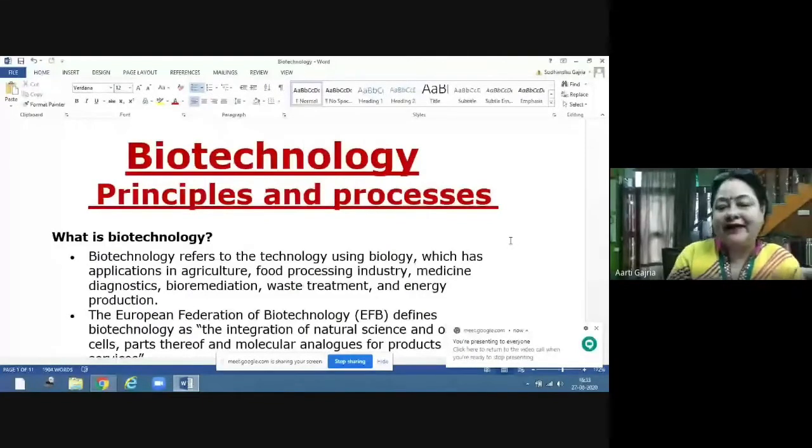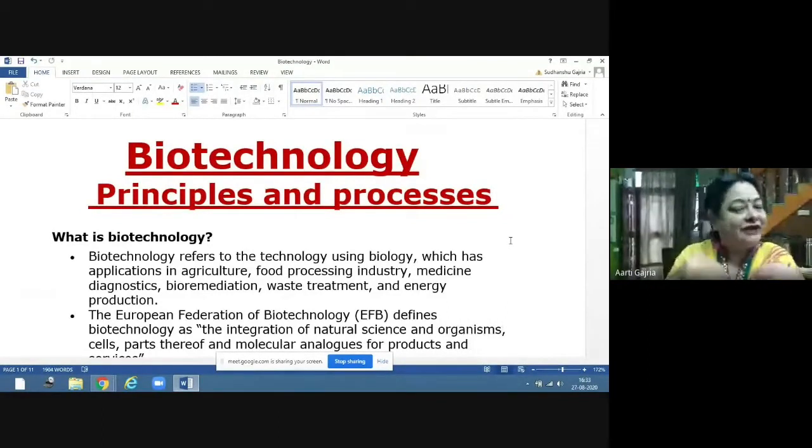To get the desired quality of genes, we were using the process of hybridization, breeding. So what is that? We used to select the plants of desired qualities, and then we used to cross them so that we get that desired quality in the progeny. This is what agriculturists were doing. In animals also we did this experiment: selected a desired quality super mother and a desired quality super father, and crossed them, and the progeny will have the desired quality.